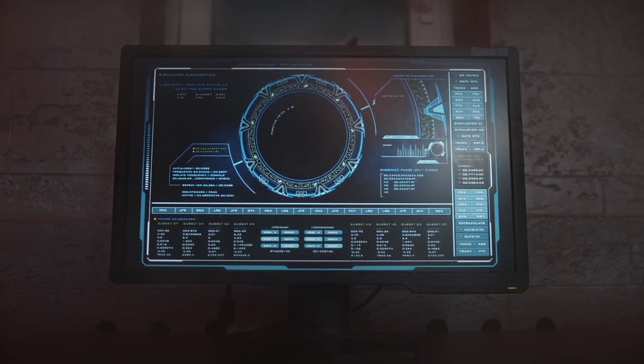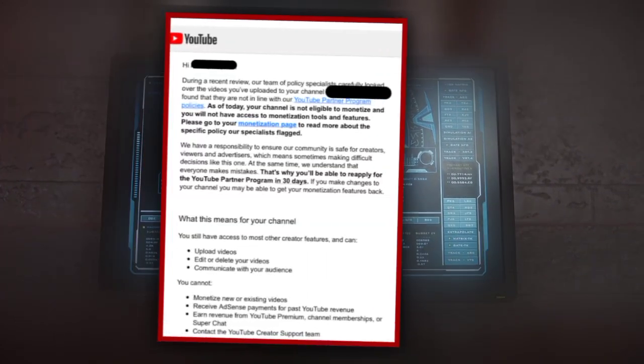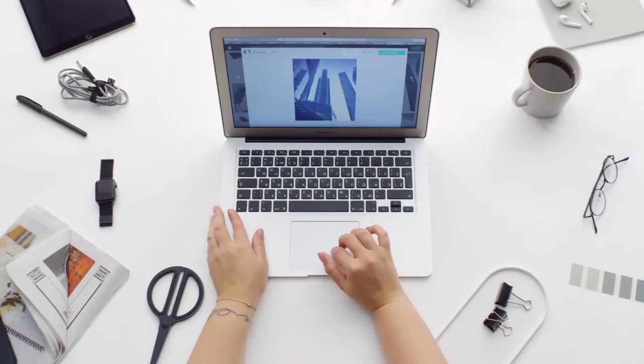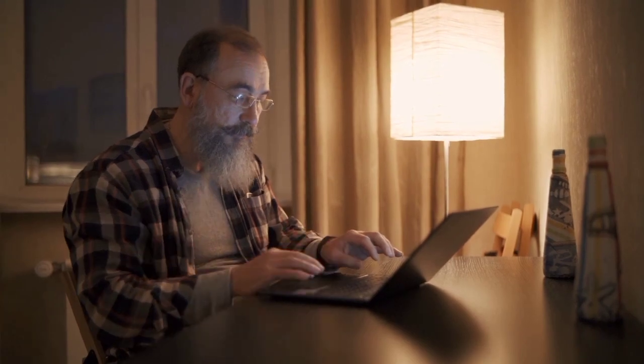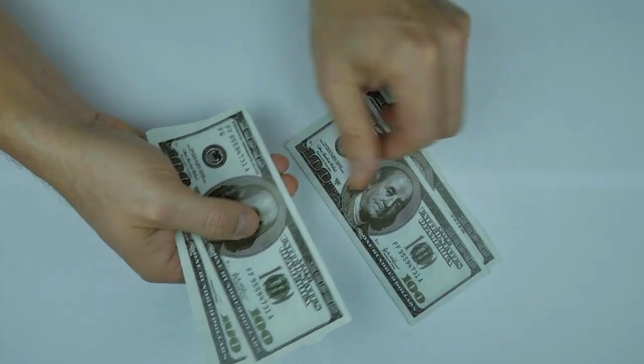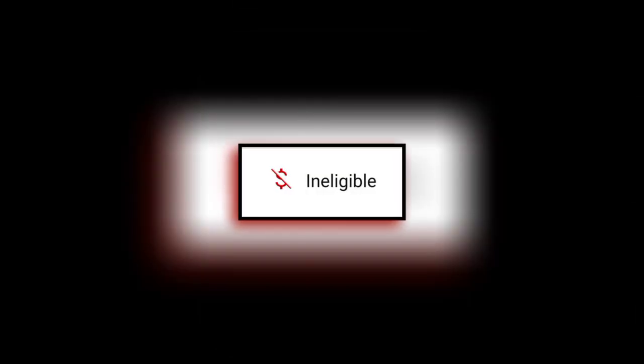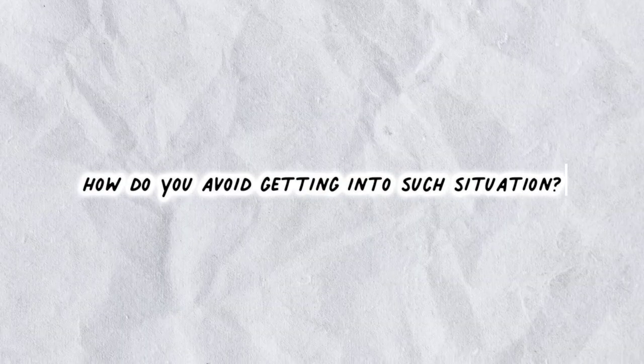Any video that YouTube considers as low-effort content may get demonetized eventually. The reason for this is that such videos offer little to no value to both viewers and advertisers. Even if you manage to monetize such videos, they are very likely to get demonetized on the second inspection. How can you avoid getting into such a situation?